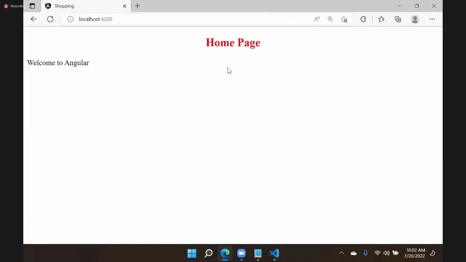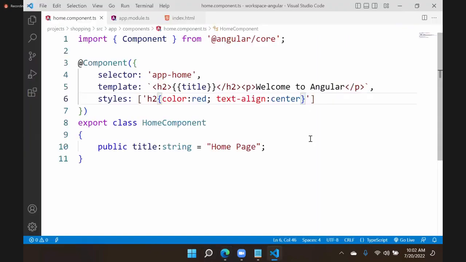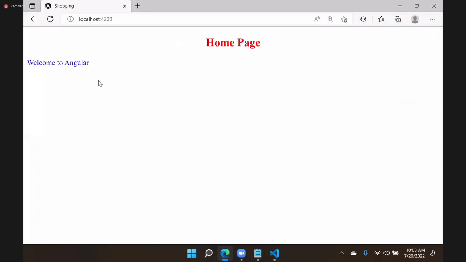We can add styles. We can configure the styles. Suppose I want one more, then again another. This time for the paragraph, I defined the color as blue, and you can see that will be applied there. I'm just using some plain styles just to make you understand how we apply the style, right? This is how we